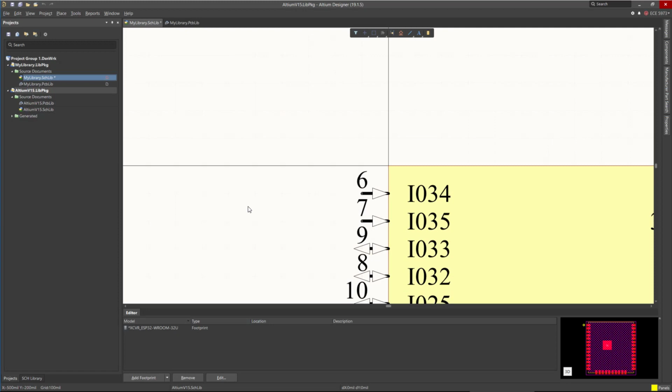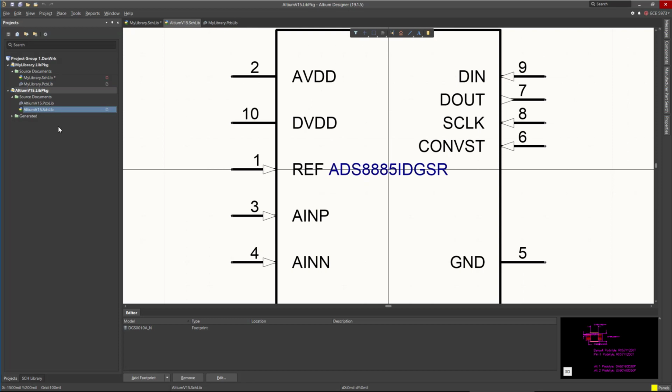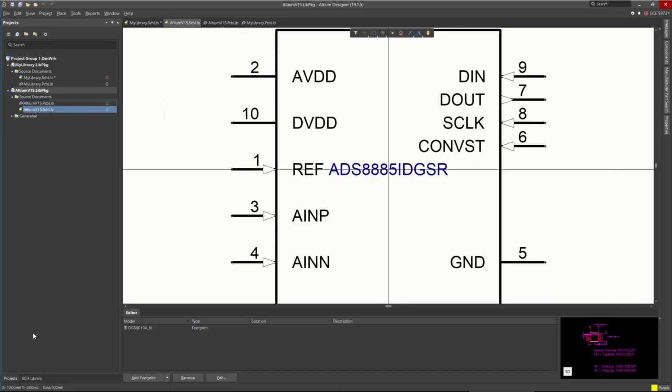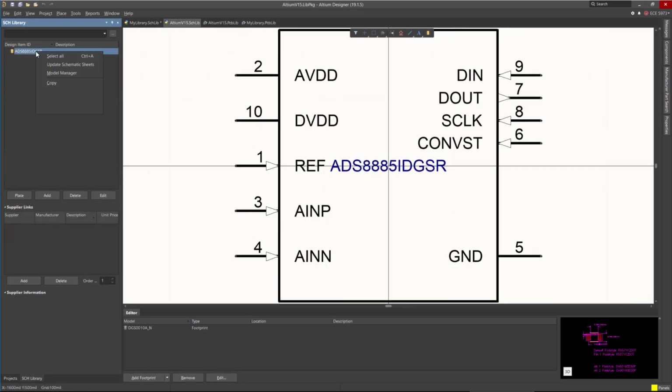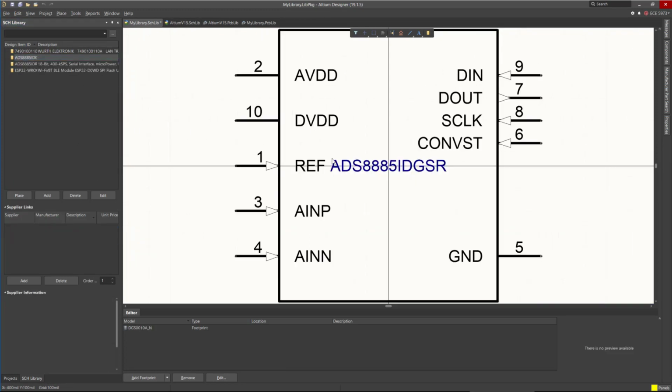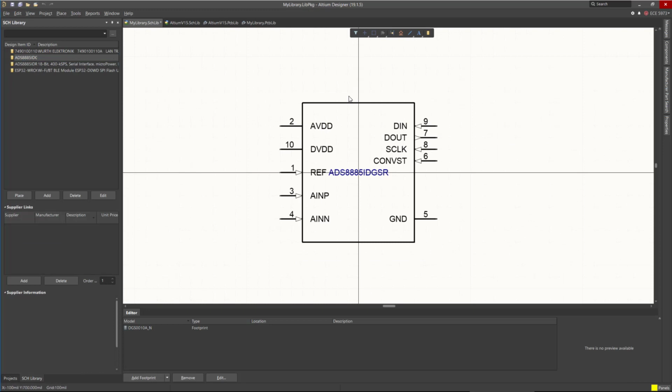Finish. So we got a schematic library and PCB library. Let's open these two. As we did before, we go to the schematic library and we need to copy this symbol. Copy. We go to our library, paste the symbol, and if we need to do any modification to it,